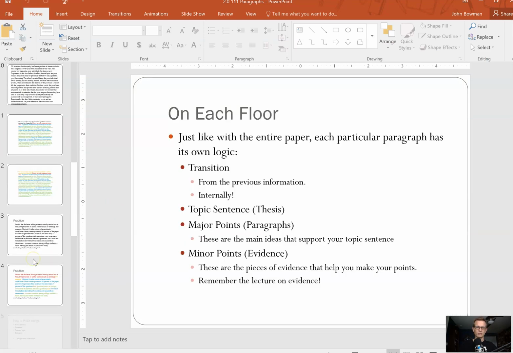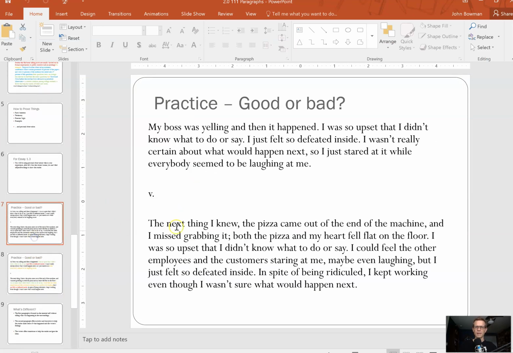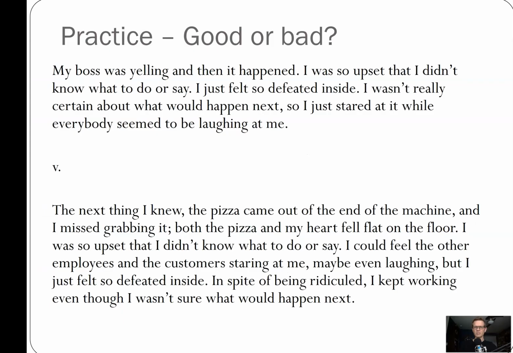I'm going to scoot forward here down to the very bottom. You can pause it. I'm just going to go ahead and read through this, but you can pause it and read these on your own. I'm going to assume that you paused it right there and read them. The top one is very subjective. It digs straight into the person's emotions. And as a paragraph, we can't really understand what's going on here. It's just, it happened. I don't know what it is. You're not telling me. Maybe that information was in your introduction, but each paragraph should ideally be able to stand on its own. These paragraphs are about the exact same thing.